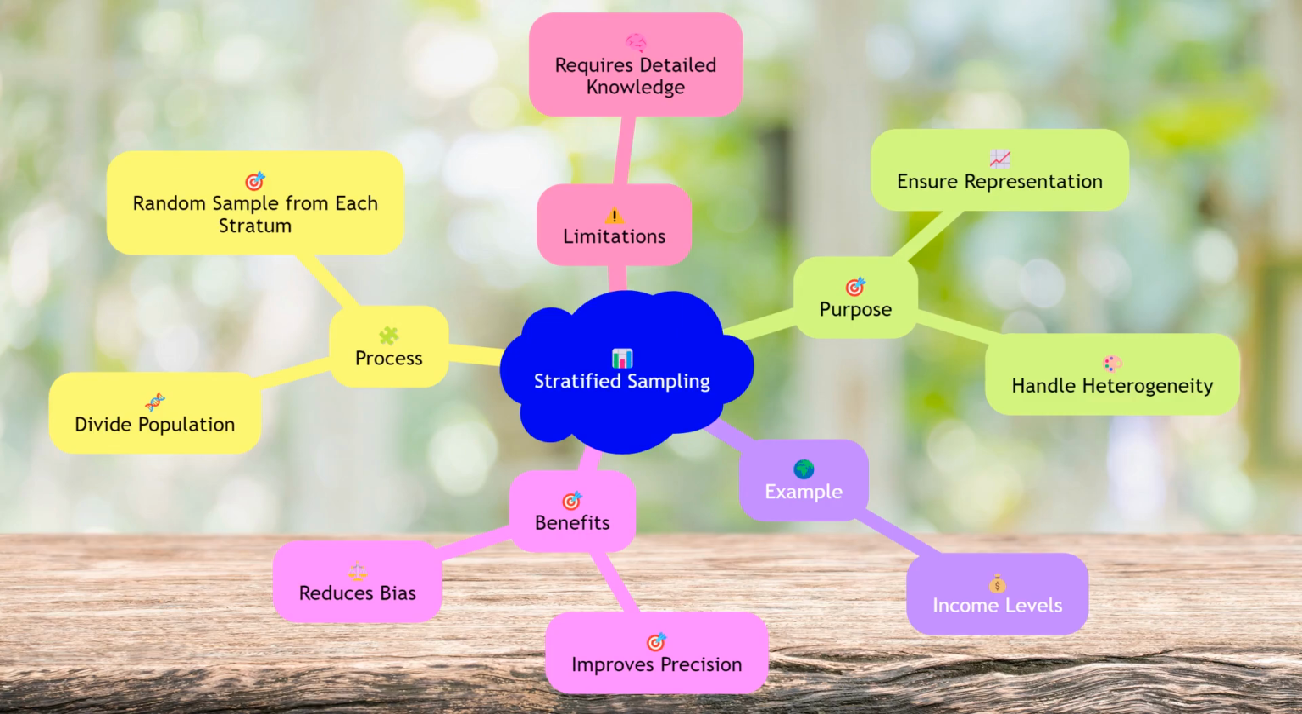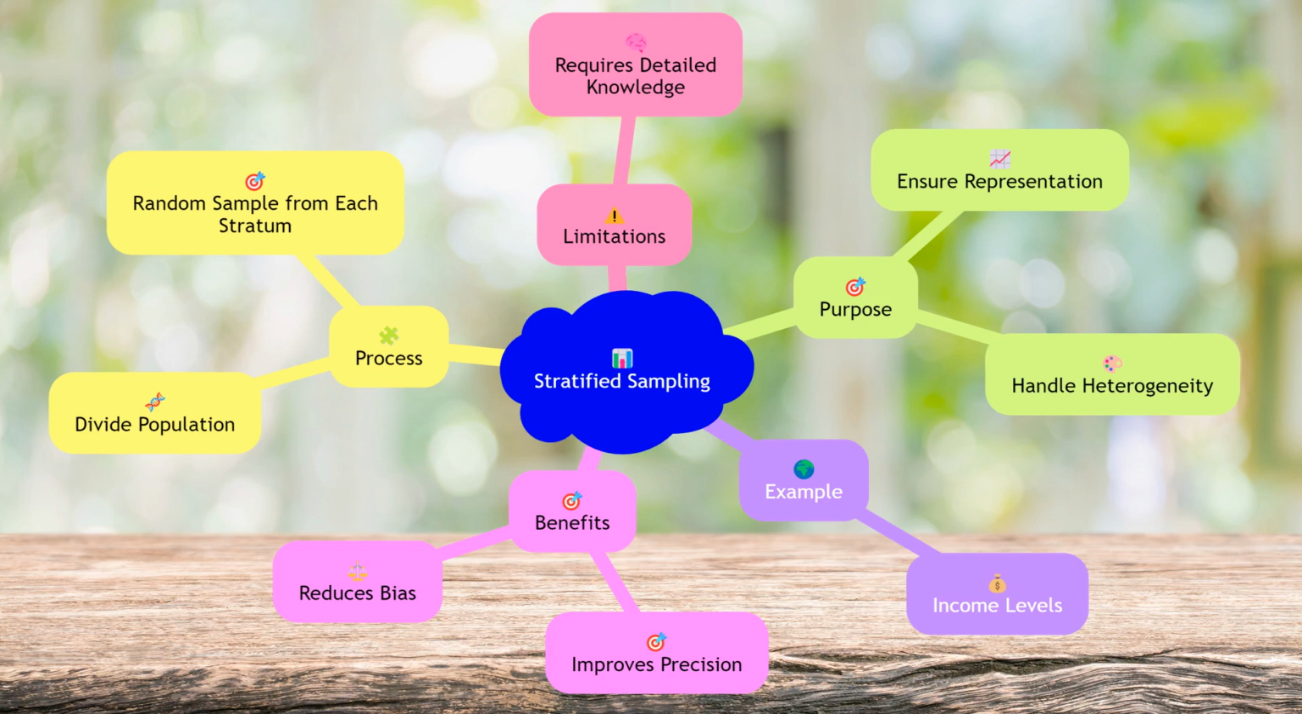Stratified sampling involves dividing the population into distinct subgroups, or strata, that share similar characteristics. A random sample is then taken from each stratum. This method ensures that each subgroup is adequately represented in the sample, making it particularly useful when dealing with heterogeneous